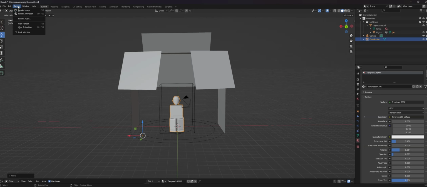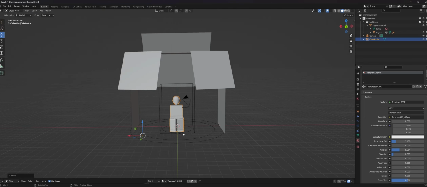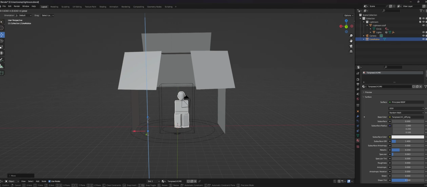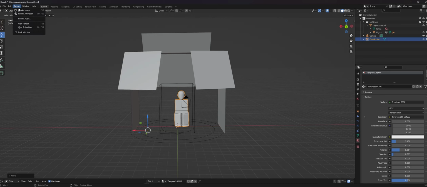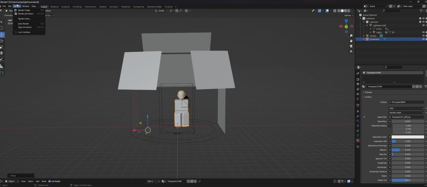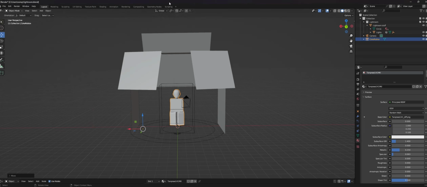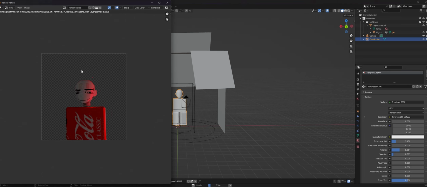So now, you want to see where it is, and make sure you have good placement. Right now it does not have good placement. To see it, you just click render. Oops. Render, and then render image right there. Bring this up. It's kind of hard to get it to be in the exact center, so sometimes I don't. Alright, so now that we've done that,